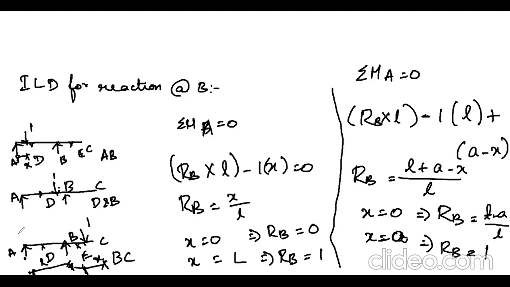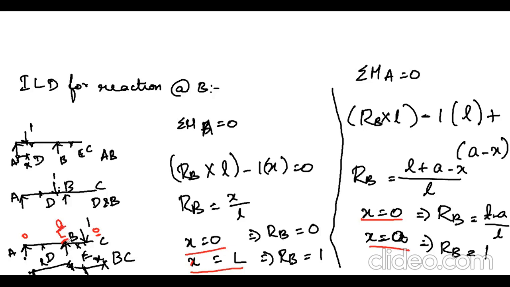Hope you all know, x will be 0 here it is L, and x will be 0 here and it will be A in the second portion. You should know that whenever I am applying x equal to 0, here x equal to 0, x equal to L. Here I am applying x equal to 0 means this point. Applying x equal to A means this point.